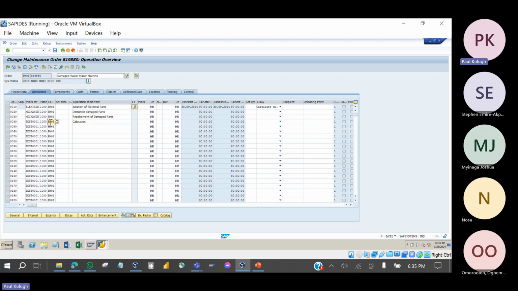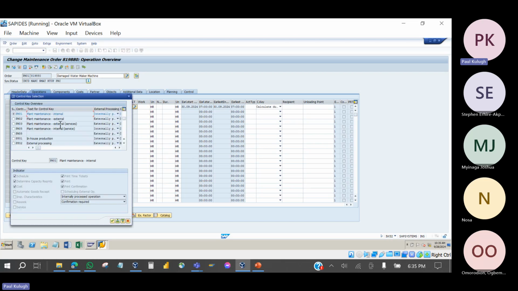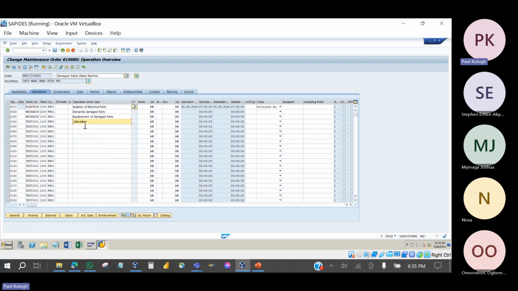So the only difference is we'll change the control key for test 001 to become PMO3. Okay. So once you accept this, only the last operation has control key, meaning that once this work order is released, system will generate a purchase requisition for this operation. And the moment you assign control key PMO3 with the intention to give this task outside,